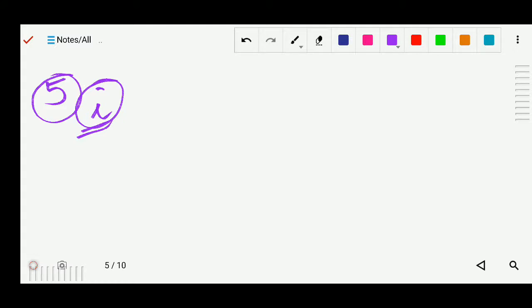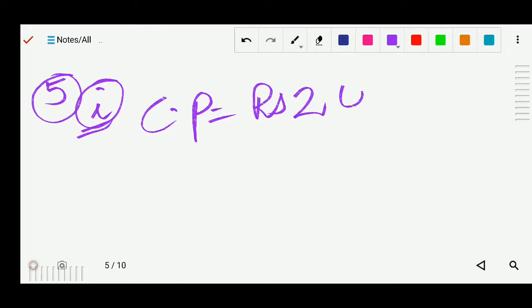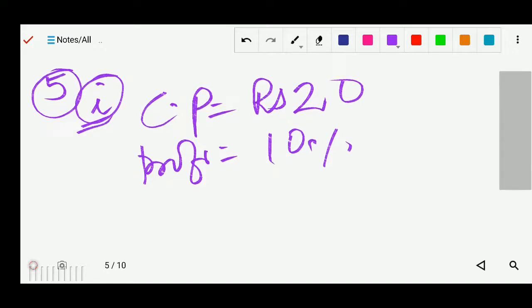So in this question cost price is given. What is? Rupees, this is given like rupees 20. Okay, and the profit is also given. Profit is 10% given. Now we have to find the selling price. So in this question I will use the same concept as we are using in the percentage. अभी हम लोग यहाँ पे क्या करेंगे, जो परसेंटेज वाले केस में हम लोग यूज़ करते थे ना कि टोटल परसेंट कितना है 100. अभी प्रॉफिट का मतलब क्या है? प्रॉफिट का मतलब है आपका इंक्रीमेंट.